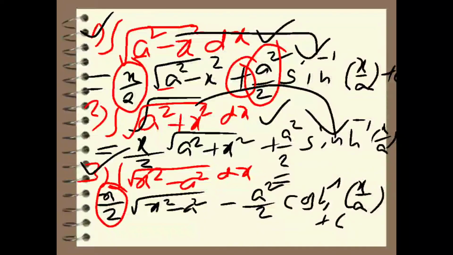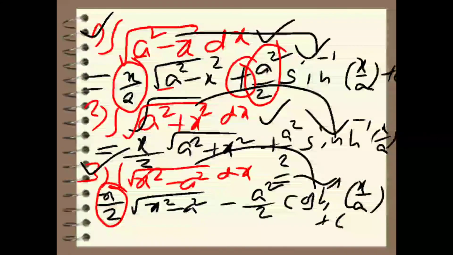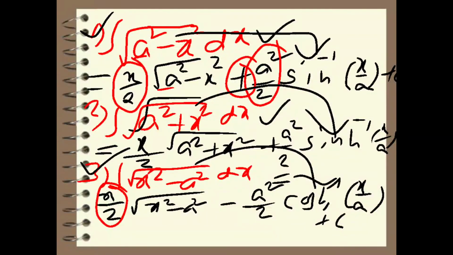And what is the formula for 1 by root x square minus a square? Yes, cos h inverse x by a. So here also, in the second part we get cos h inverse x by a. So these are the differences. Once again I am telling you,